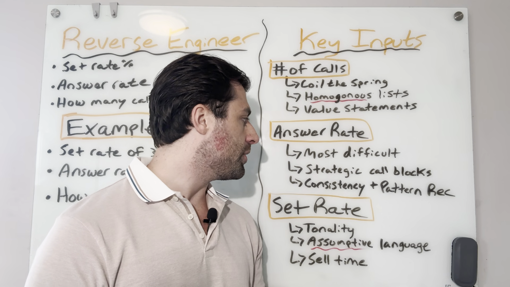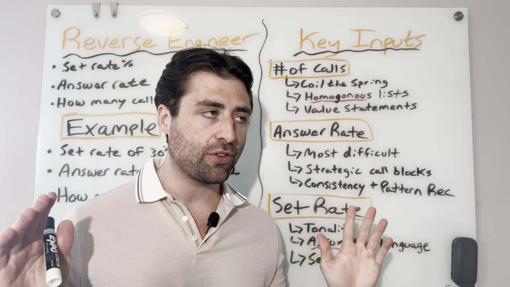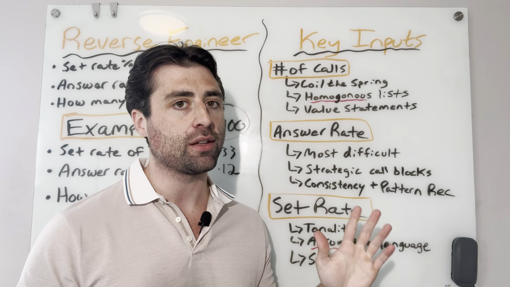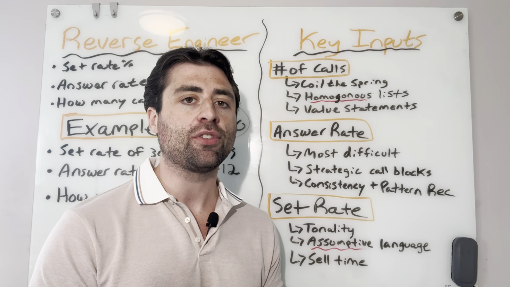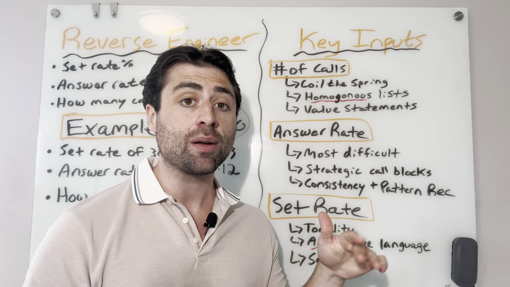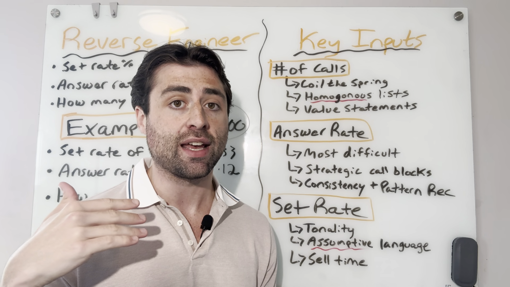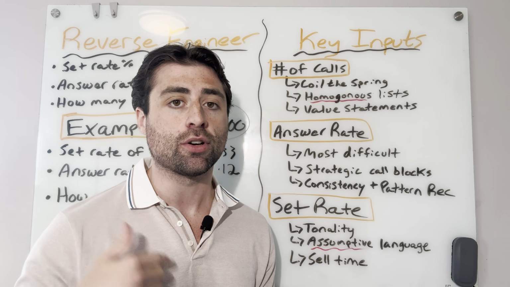So one way I used to do this was through strategically timed call blocks. The data shows, and I'm not always a fan of the data, but I found this one to be slightly accurate, that good times of day to cold call people to increase answer rate are early in the morning before they've gotten their day started, and at the end, like the last hour of the day when they're likely wrapping up and probably don't have any meetings.